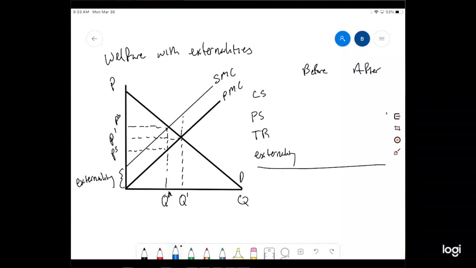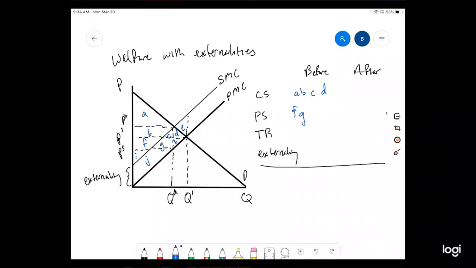areas in this. Let's label these areas: A, B, C, D, E, F, G, H, I, J. All right, now we can start analyzing our welfare here. So let's fill out the table to the right. Consumer surplus before the tax is going to be A, B, C, D. So it's the area under the demand curve up to the price the buyers are paying, which is P prime in this case. The producer surplus before the tax is going to be the area under P prime down to the private marginal cost curve. Producer surplus is going to be F,